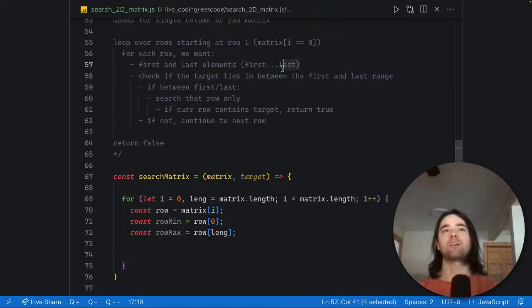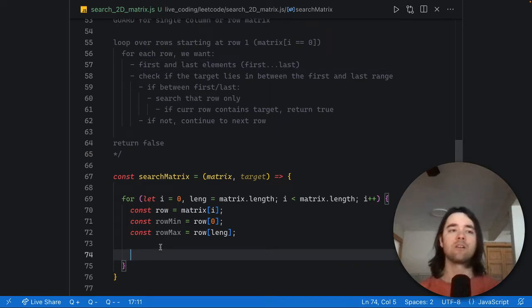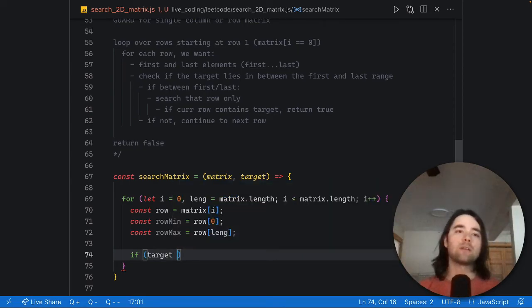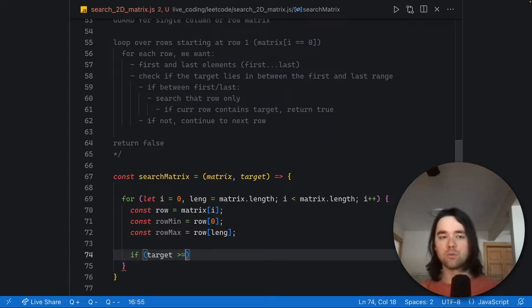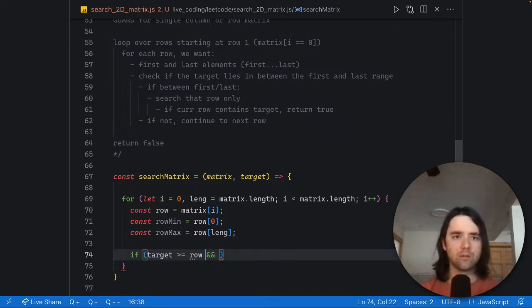Okay, so we have our range, like min max. We essentially just want to check to see if the target lies between the first and last of the range. So if target is greater than or equal to the row min, and, so if it's greater than or equal to the row max, or why did it? Okay, so if it's greater than or equal to row min,